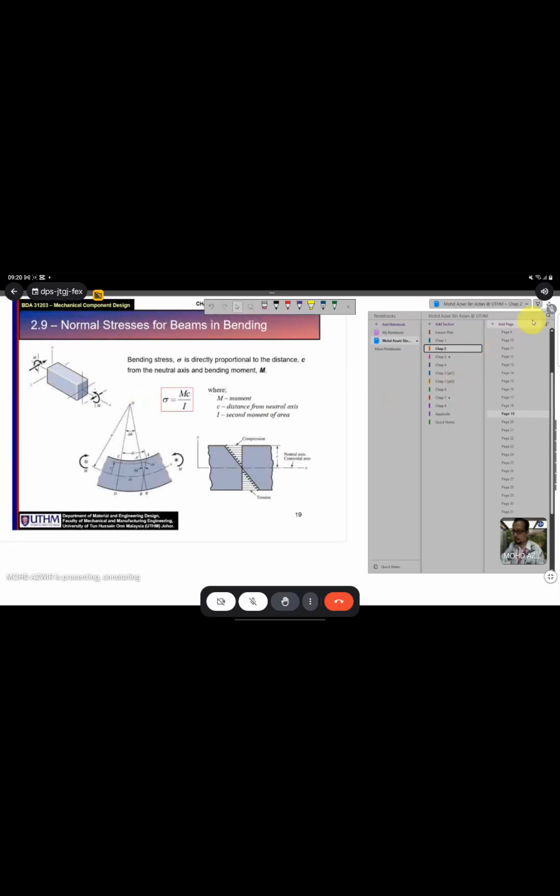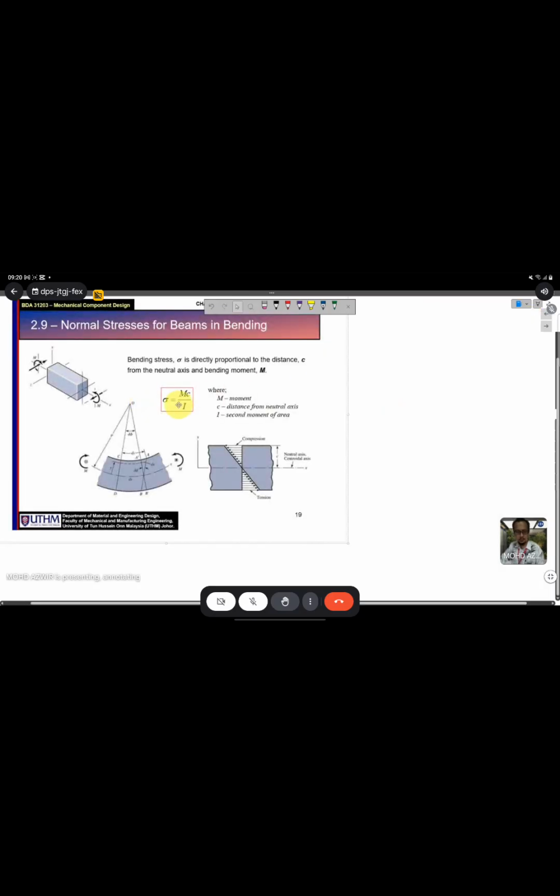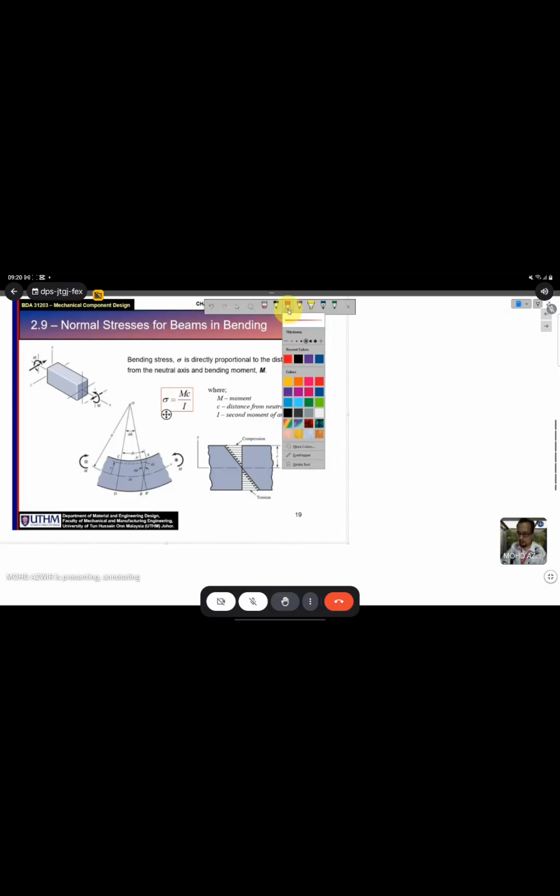So this is how you get the I and J, table A18. So just put some notes here where you can find this value. Appendix. Appendix A18. Okay, and then after that,